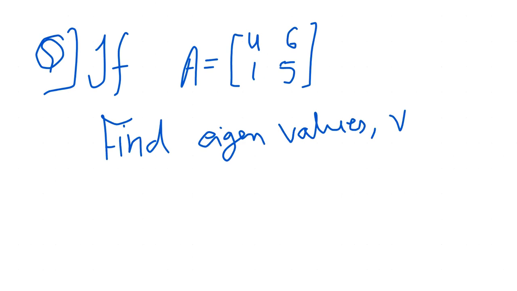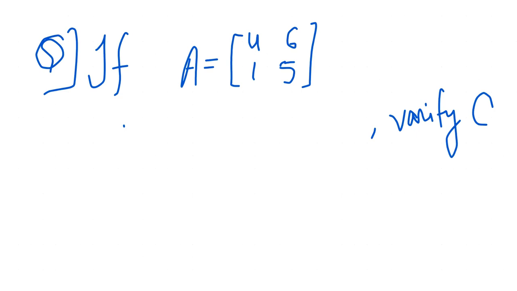Ma'am, we will do the Cayley-Hamilton theorem by the same matrix you have given. Because for the Cayley-Hamilton theorem, we need the characteristic equation. That is why we need to find this. Even if you want to find eigenvalues, you can find them. Otherwise, we can take this directly as the Cayley-Hamilton theorem, but we need to form the characteristic equation. It is a must.